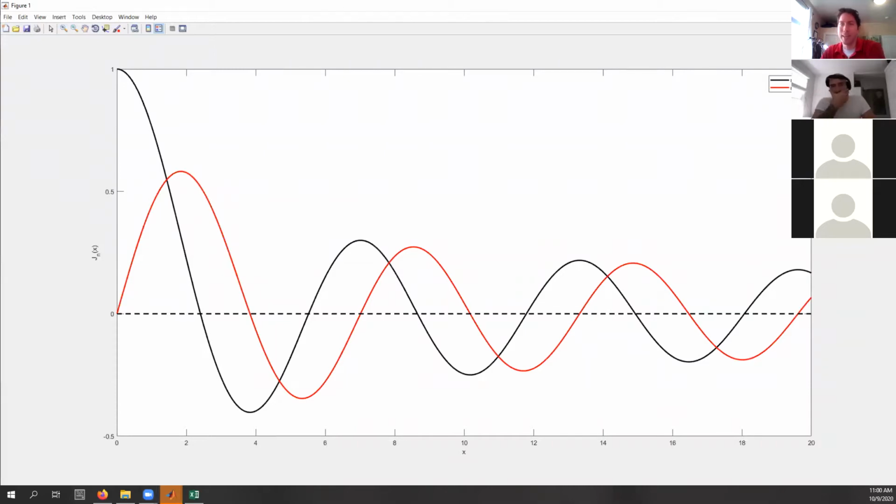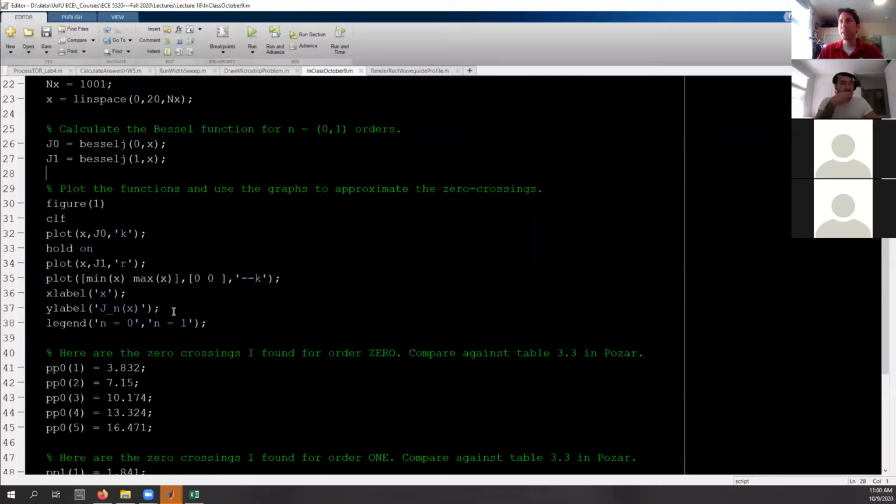So let's say that again. Here is the Bessel function of order 0, the black curve. And you see how it does that kind of 1 over square root-ish decay on the envelope. I believe in the limit as you go to infinity, that envelope is 1 over the square root of x, which corresponds to the electric field decay in polar coordinates, incidentally. And then this is the first order, n equals 1. I believe they're unique in that the 0th one will always start here at 1, and then the rest all start at 0, which we can test just by